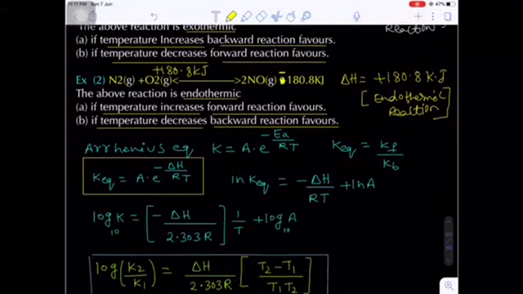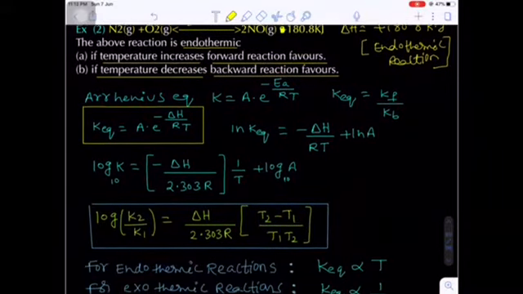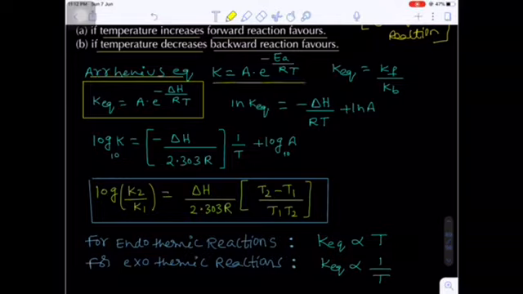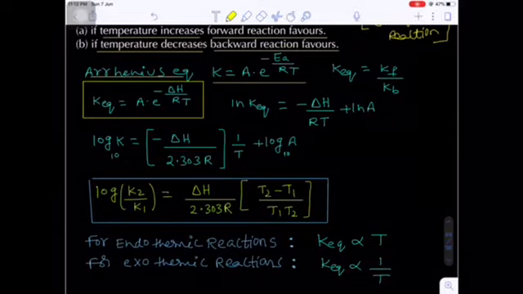Okay, now here I am not going into detail, because we already covered it in the effect of temperature. I am just giving some information regarding the effect of temperature from the Arrhenius equation, which is K is equal to A into e to the power minus EA upon RT, where K is the rate constant, A is the frequency factor, and e is the exponential. EA is the activation energy, R is the gas constant, and T is the absolute temperature.